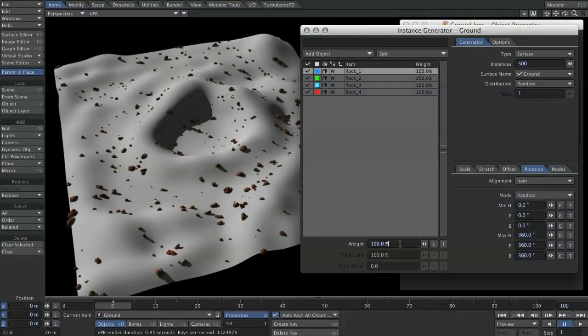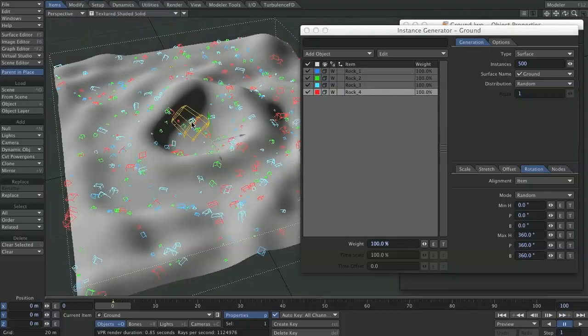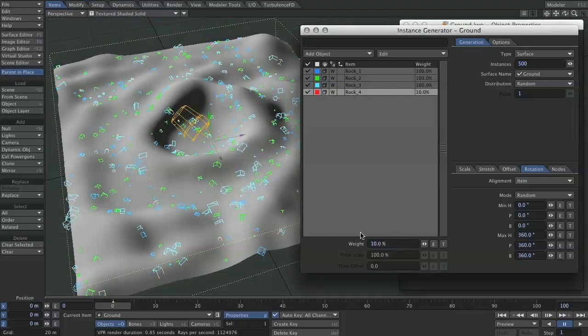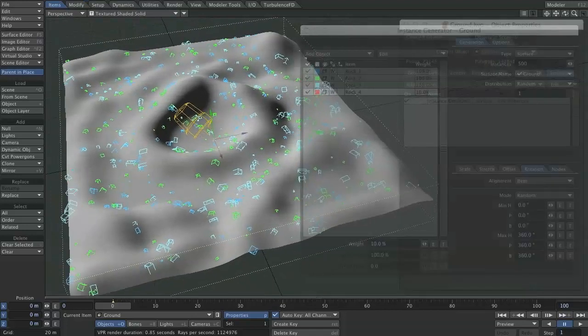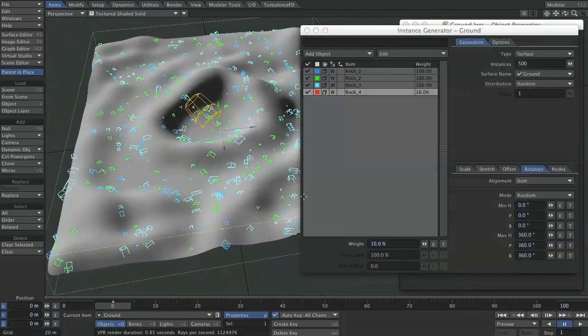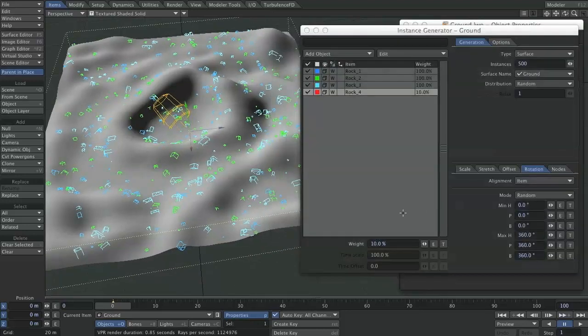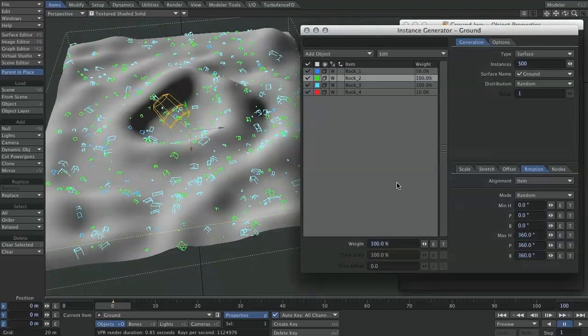But what you can do now, obviously for rock 1, if we go back to the texture shaded view, if I click on rock 4, which is the red rock, and then just make the weight 10%, you see that they pretty much disappear. Because there's 3 other rocks at 100% probability of appearing, the red rock hardly appears at all. If you change them all to 50%,